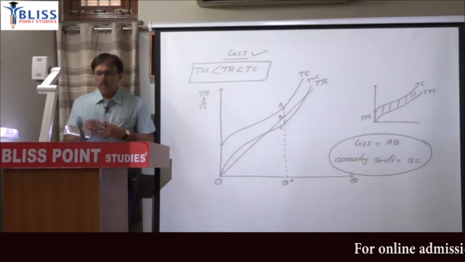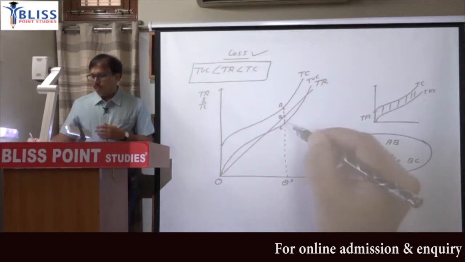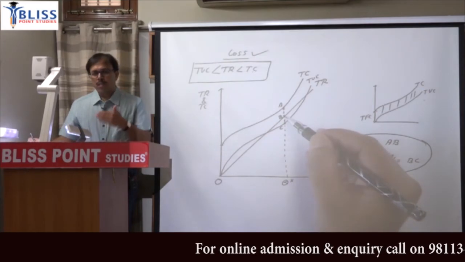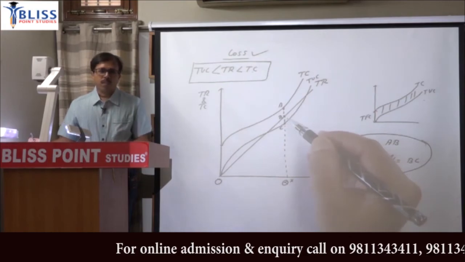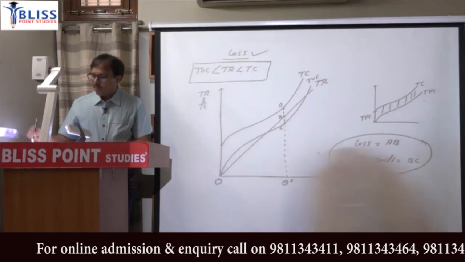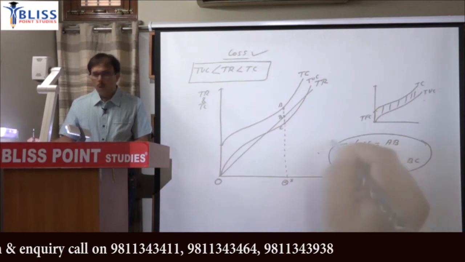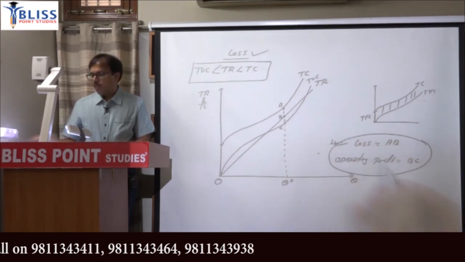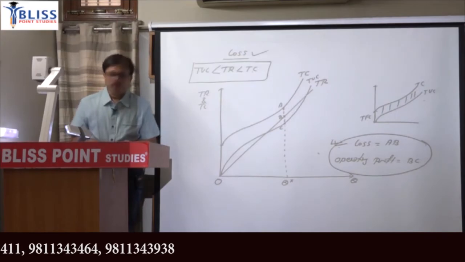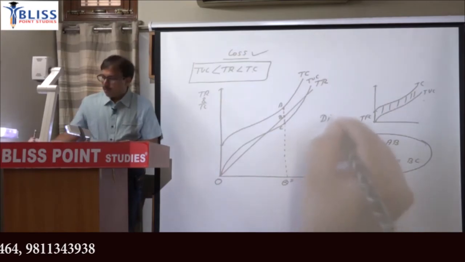So obviously, when will shutdown happen? Shutdown will happen when the variable cost line also goes above total revenue, then they will be shut down. So in this case the firm was having loss, but still, despite loss, the firm continues to operate because the firm is having that operating profit. So this second diagram is for